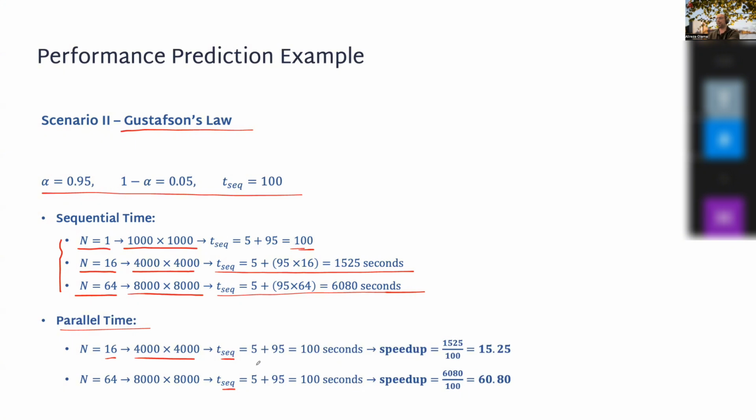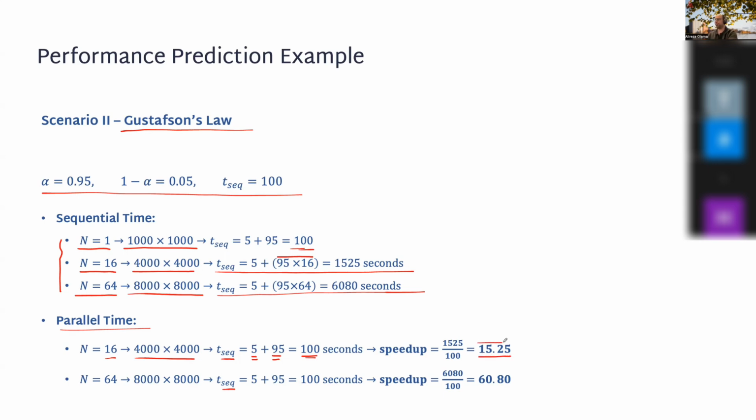So the parallel time is 5 seconds for the serial portion and 95 seconds for the parallel portion, which is this number divided by 16. So the parallel execution will be 100 seconds, as we assumed by the Gustafson's law that the parallel time is fixed, right? So in this case, if you compute the speedup, you have